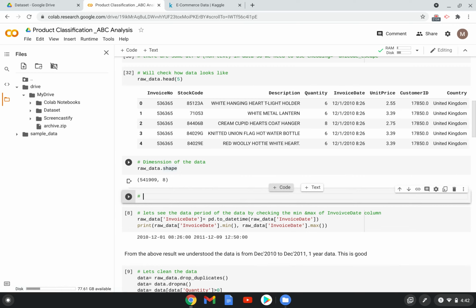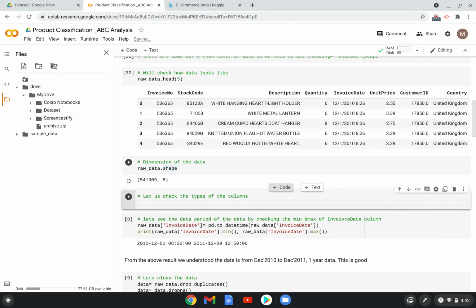Let's check. Let us check the types of the columns, which data type it is, whether it is string or integer or datetime or object.